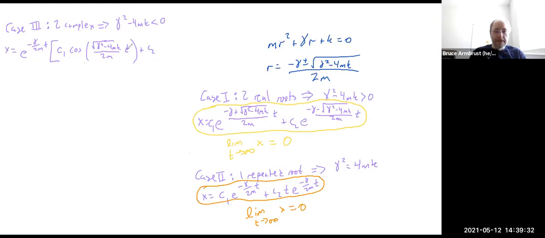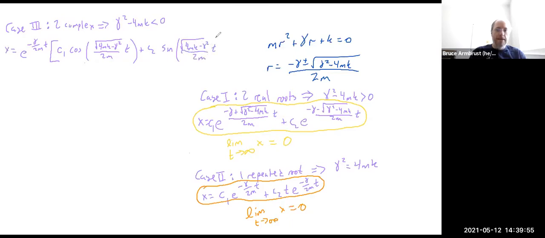Oh, actually, that's negative, so I have to reverse that. Square root of 4mk minus gamma squared. There we go. And then C2 sine of the same thing, square root of 4mk minus gamma squared over 2m